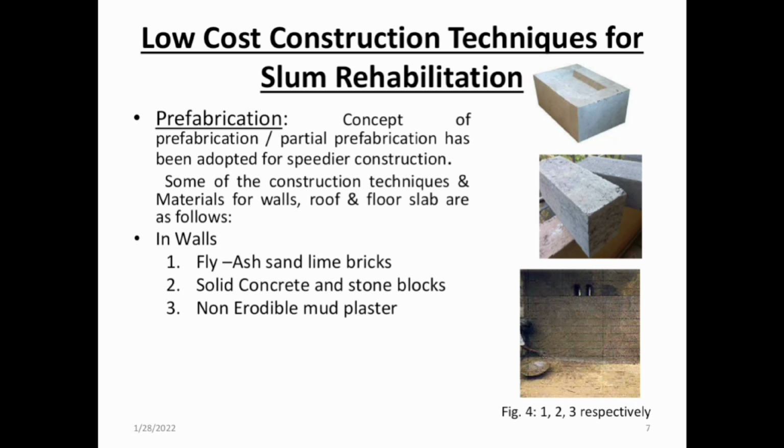Now, let's see low-cost construction techniques for slum rehabilitation. Prefabrication. Concept of prefabrication has been adopted for speedier construction, better quality component and saving in material quantity and cost. Some of the construction techniques and materials for walls, roof and floor slab are as follows. In walls, first is fly ash, sand, lime bricks. It possesses adequate crushing strength, uniform shape, smooth finish and does not require plastering and also are lighter in weight